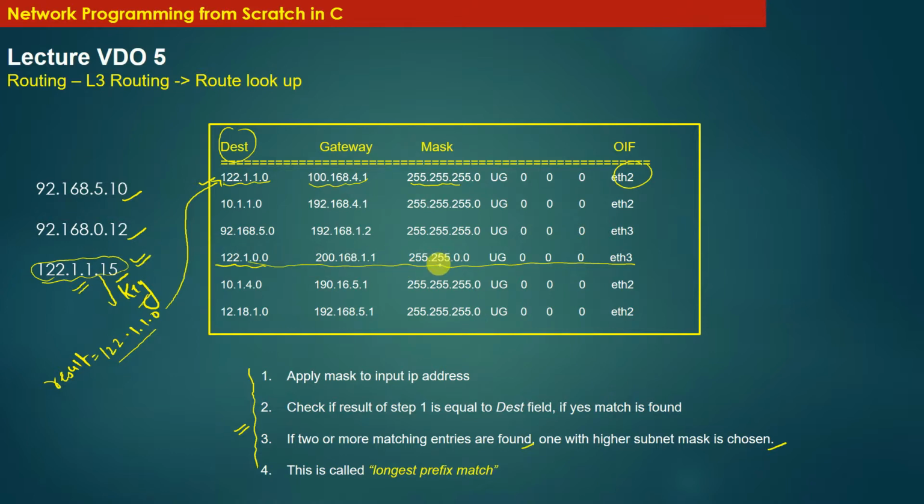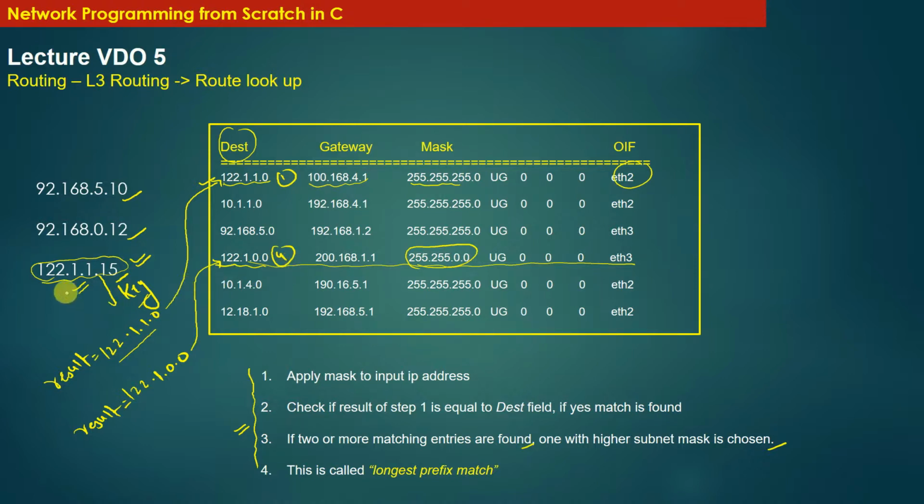You can check that: apply the subnet mask of this entry to the IP address 122.1.1.15 and you will get 122.1.0.0 as a result, and this result is equal to the destination field. So entry 1 and entry 4